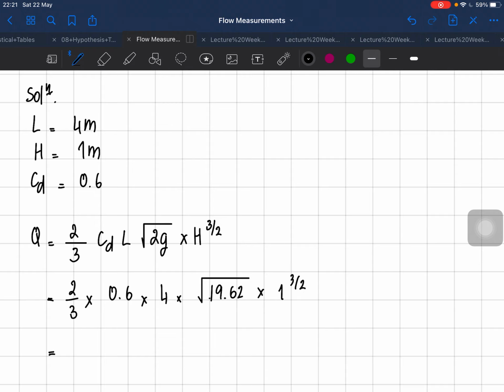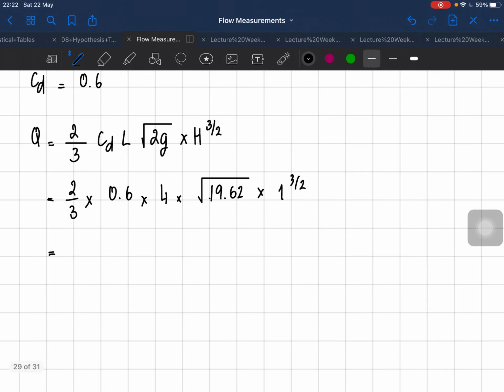So Q is going to be 2 over 3 times 0.6 times 4 times square root of 2g times 1. Why would I times 1? It is still 1 over it. Anyway, so the answer is